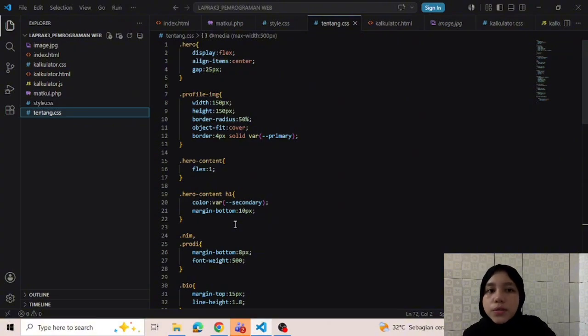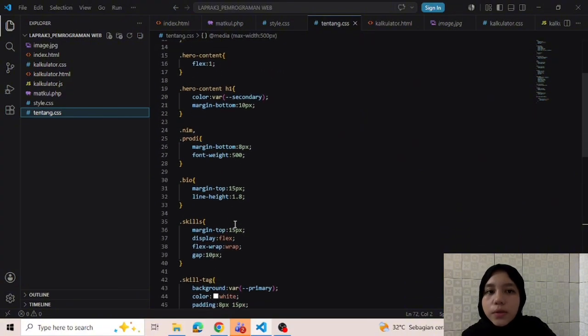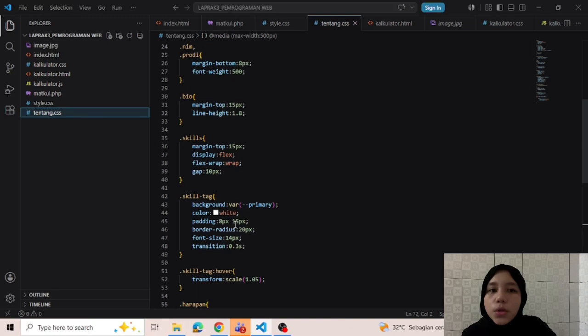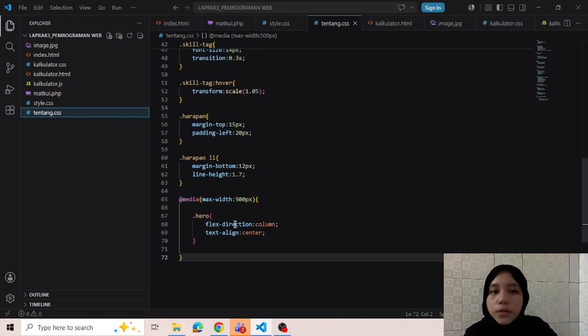The profile image class controls the size, border, and shape of the profile photo. The skill class organizes the skill text using a flexible layout. The skill tag class creates a color label for each skill. I also add a hover effect to improve user interaction and visual appeal.